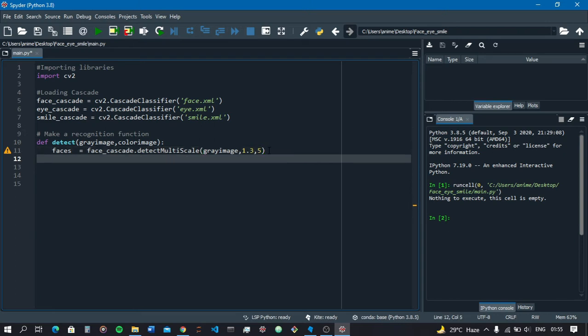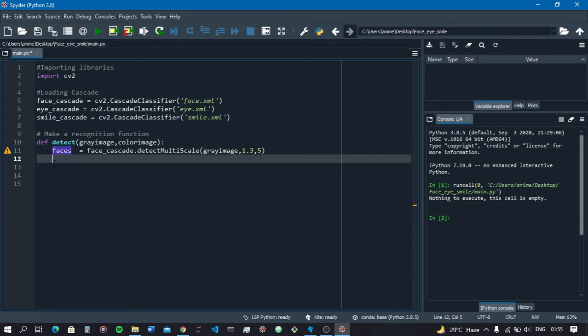So we got our face in this variable. In this variable we got the coordinates of face. We don't get any face itself, we got the coordinates of face. We got the area in that real-time image where the face is located. So this function will return the coordinates of face on that real-time image. So what do we have to do next? We got our face, but